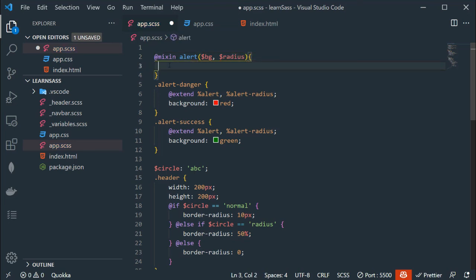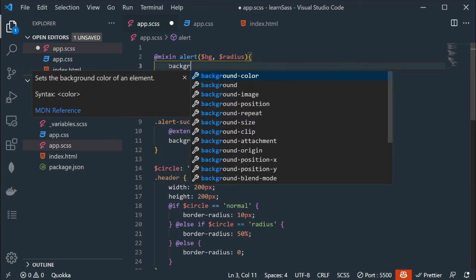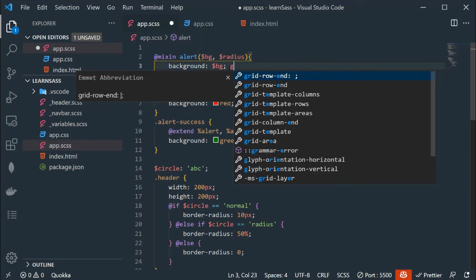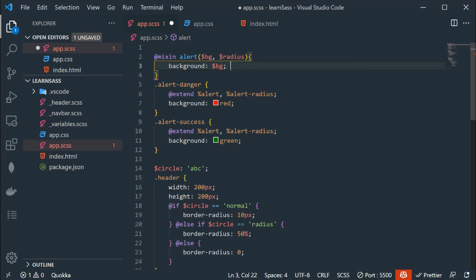Inside the mixin we will have background colon $bg. So in this variable we will have a color like green, red, orange like so. Understand?